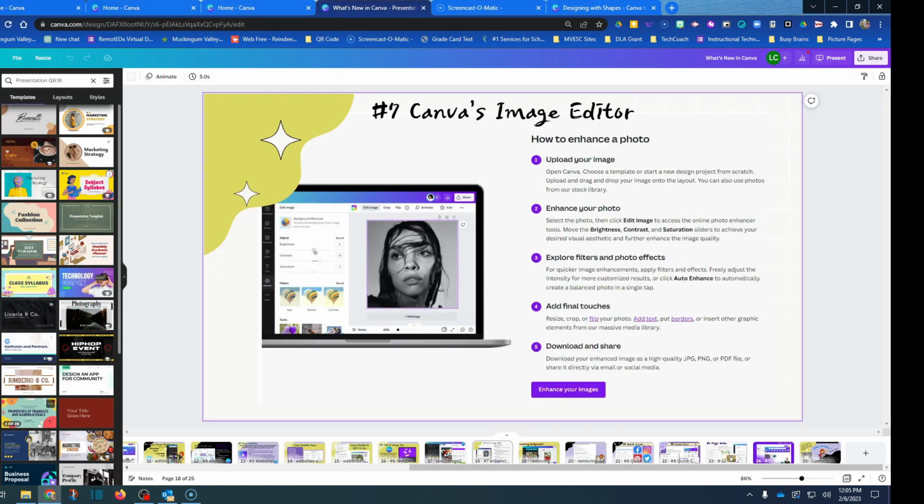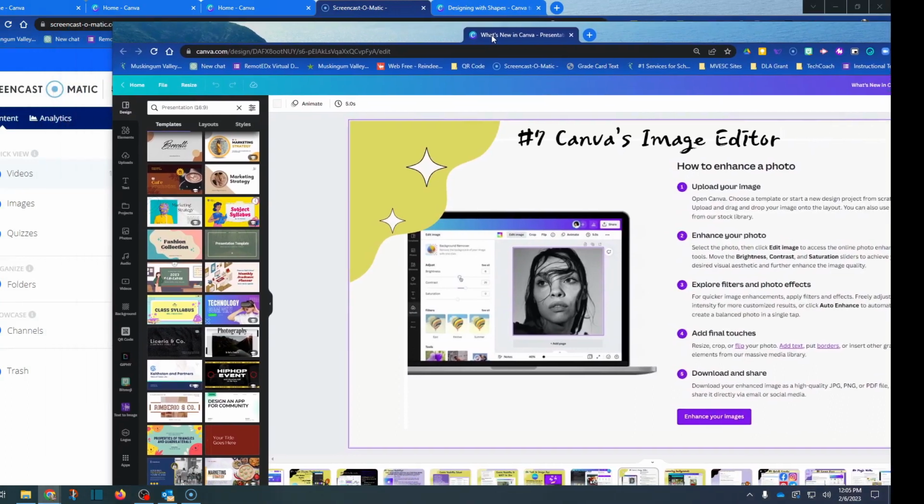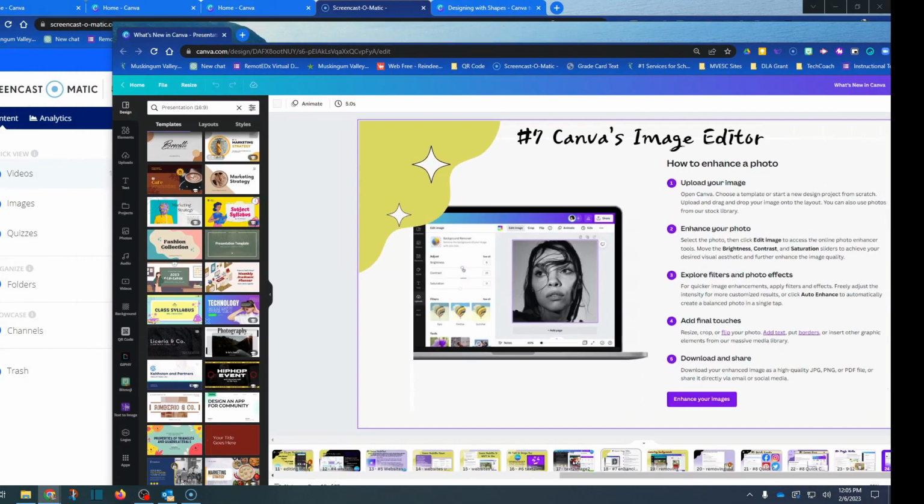Now, within Canva, we have all of these obviously on the side options. I don't know if through the video you can see it. You can see the different templates over here. But if I were to go over to the side panel, and I'm going to try to pull it over to see if you guys can see this a little clearer on my screen.